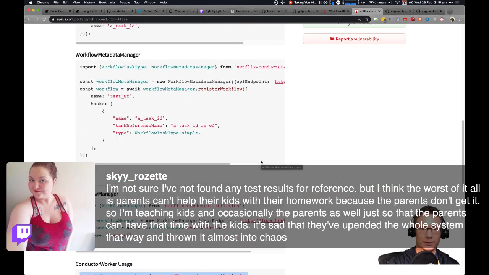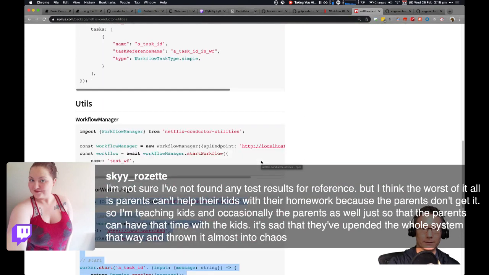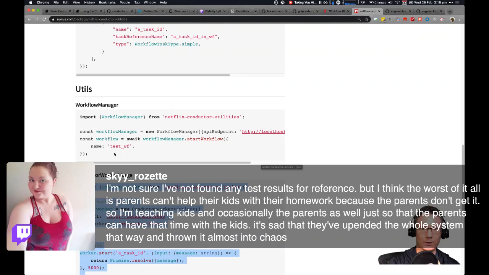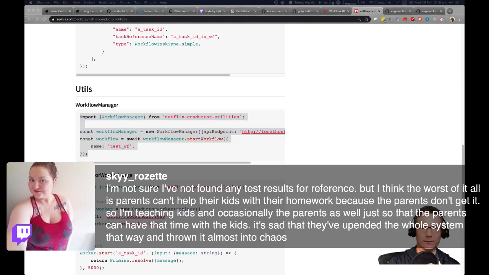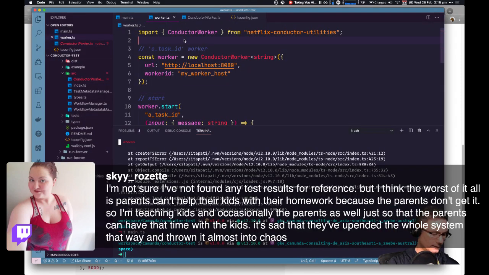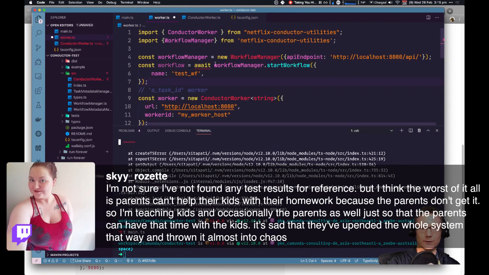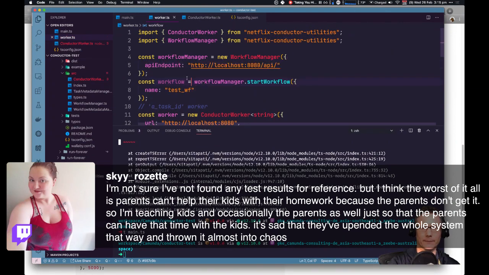Workflow metadata manager. Workflow manager. Start workflow, test workflow. Okay, well, I reckon we'll just whack this in the same file. We don't need to await it. We don't care.